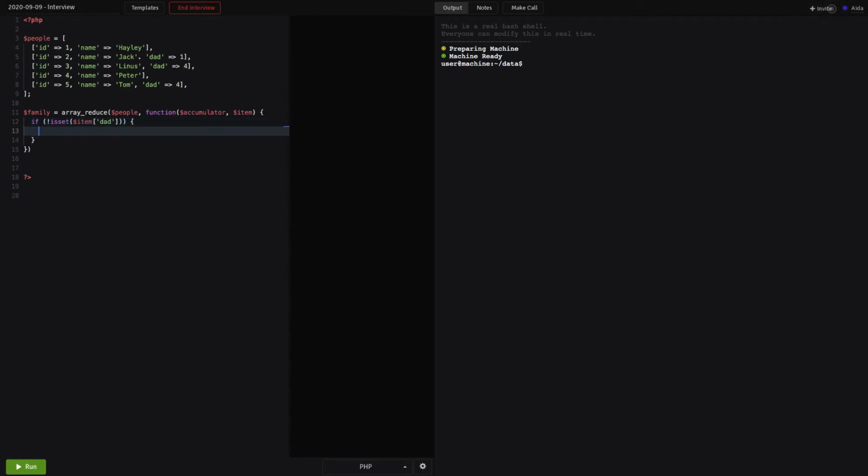So if it does not have a dad, we will save the ID of this dad. We will save the name of this dad. So the next one is kind of tricky. So if this dad, so let's say we are on the first iteration. We are a dad, so we're gonna grab the ID, we're gonna grab the name, and then the next thing is